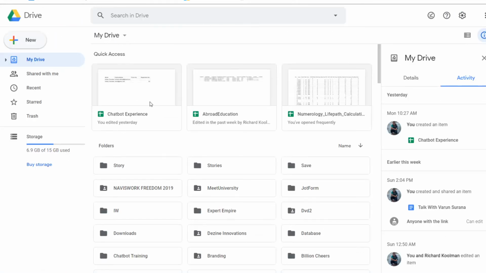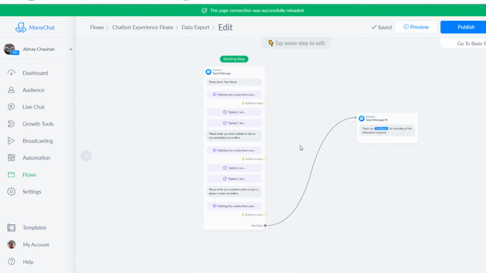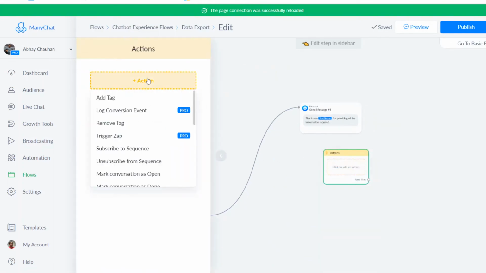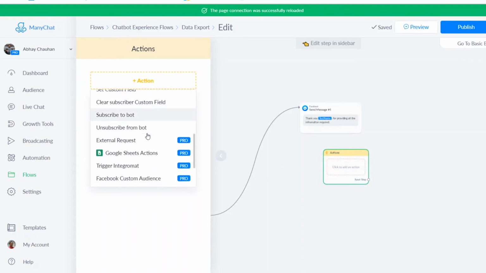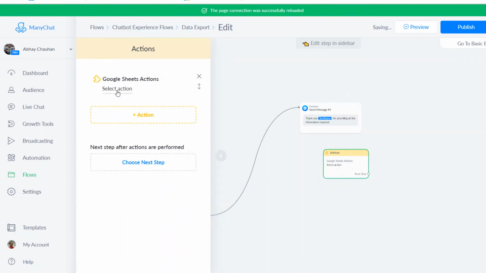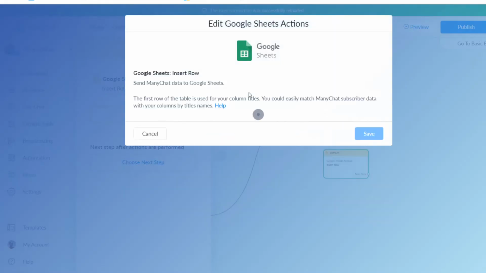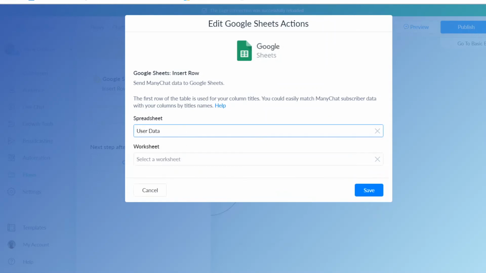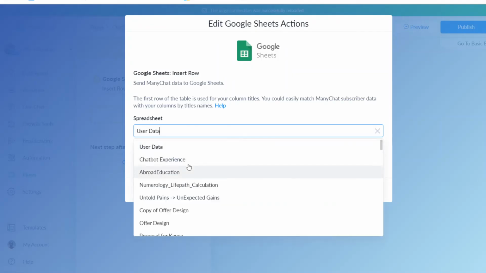So now what we will do, we'll go to the flow. Now we'll make an action here, right? Now go to the Google Sheet actions and select the action, insert ManyChat data, right? So this is, I think this is the one, yeah, user data.